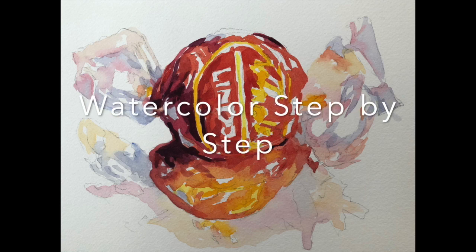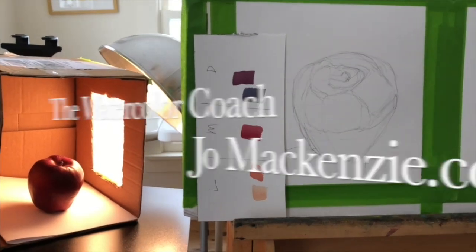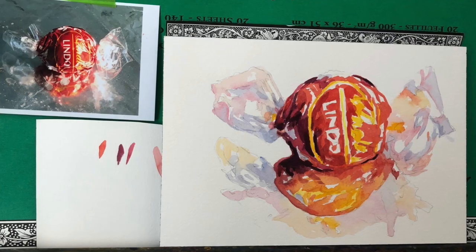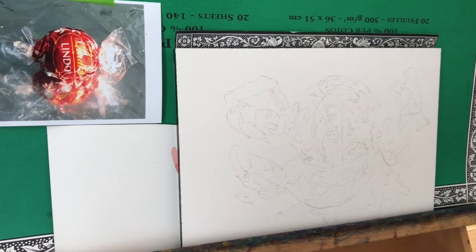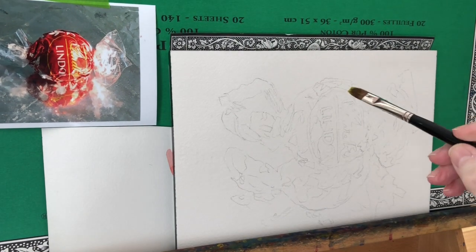Today we're going to paint something shiny and sweet, and I'm going to talk us through it, so let's get started. All right, here's a Lindor truffle, something I love to eat around this time of year. This is the milk chocolate one. They're all delicious. But we're going to get started, and this is very similar to painting the portraits that I've